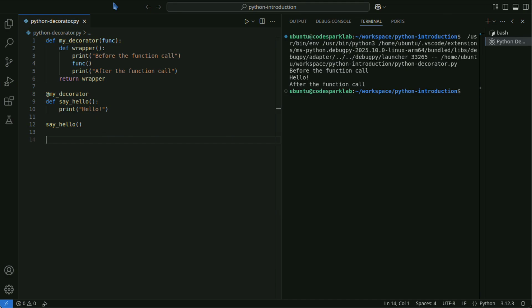In this example, the my_decorator function serves as a decorator, wrapping the say_hello function. The decorator is applied using the @my_decorator syntax, and when say_hello is called, the pre- and post-processing provided by the decorator is automatically executed.